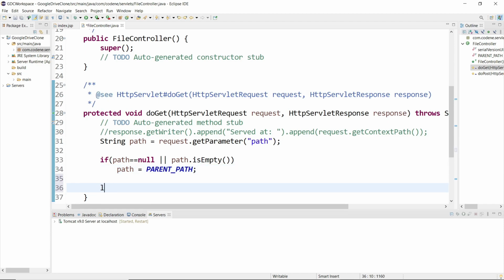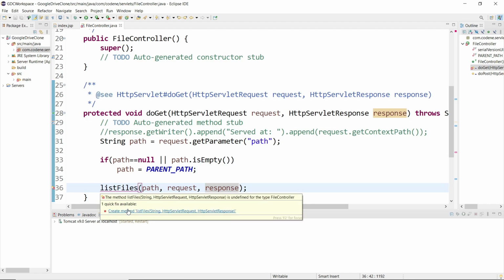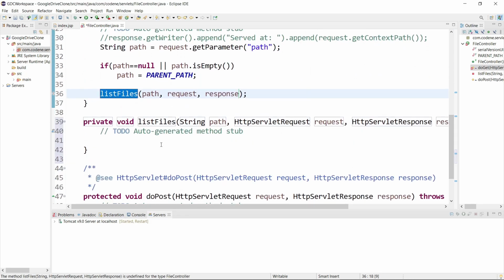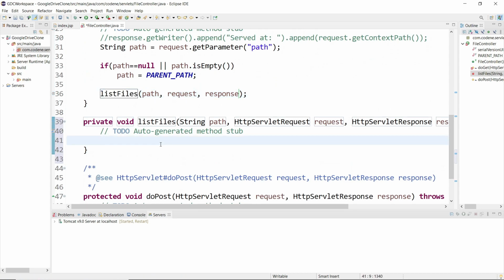Then I will write one method like listFiles, and inside this I will send the path, the request and the response. This is the servlet request and servlet response. Just hover over it, and Eclipse will intelligently handle it and create the method for us. So inside this method we need a File filePath, new File, then we put the path.